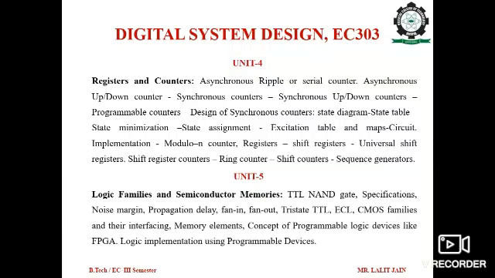Actually, the logic families are divided in two categories. The one is bipolar logic family. Here, as a bipolar element, BJT are used. This bipolar logic family is further categorized in two parts, saturated and unsaturated. So, in saturated, various logic circuits like RTL, DCTL, DTL, HTL, ITL, IIL will be discussed. In unsaturated logic family, Schottky TTL and ECL will be discussed.